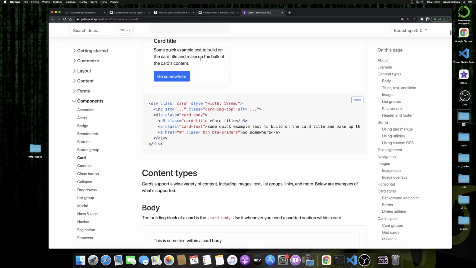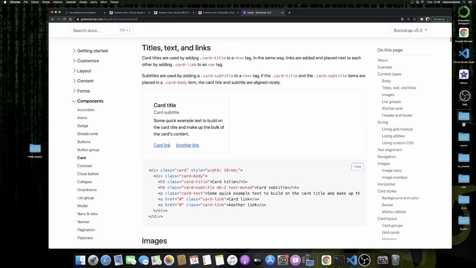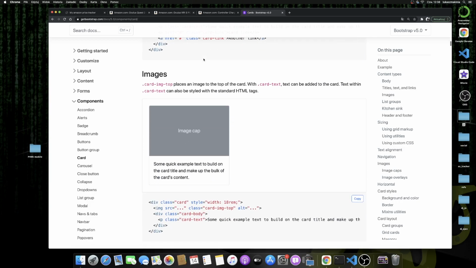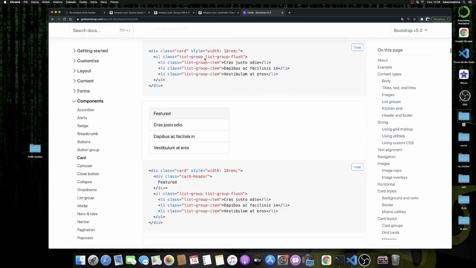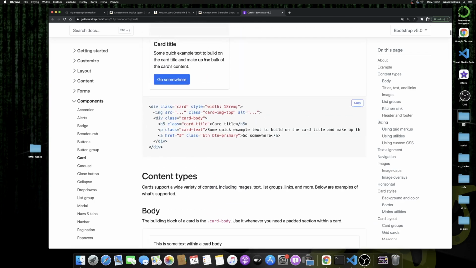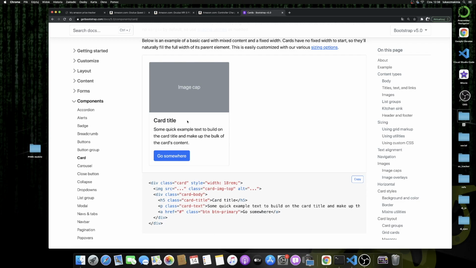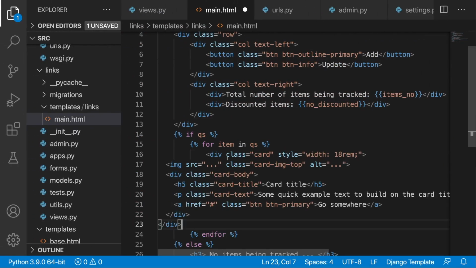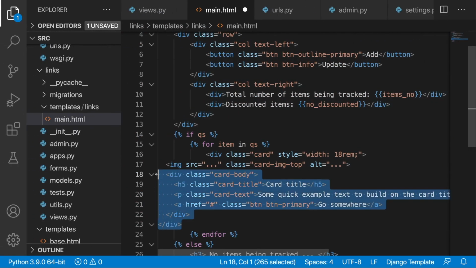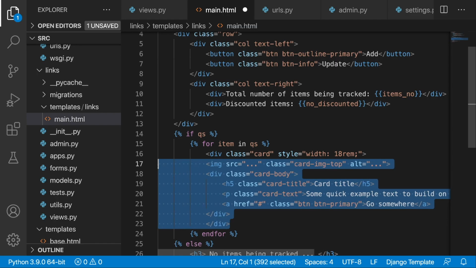We actually don't need a card with images. So maybe let's grab this one, and we are just going to make some adjustments. All right, so I'm just going to copy this and place it over here, and then I'm going to fix the indentation,